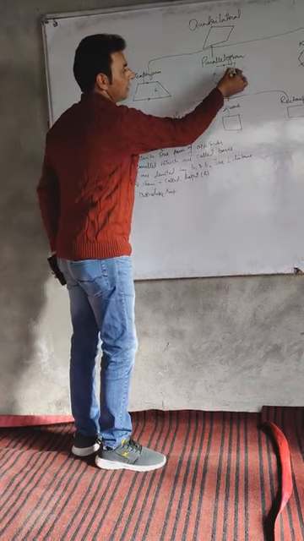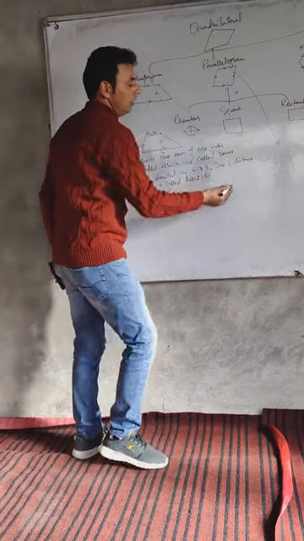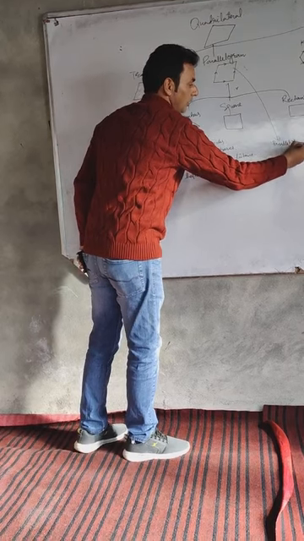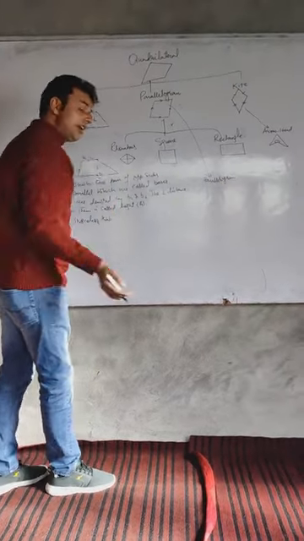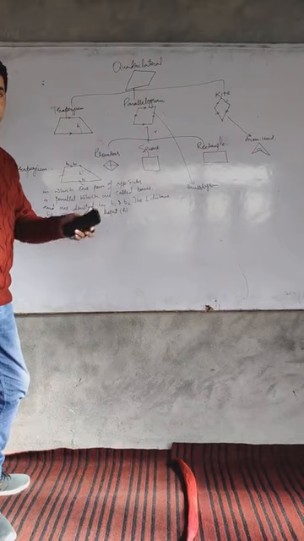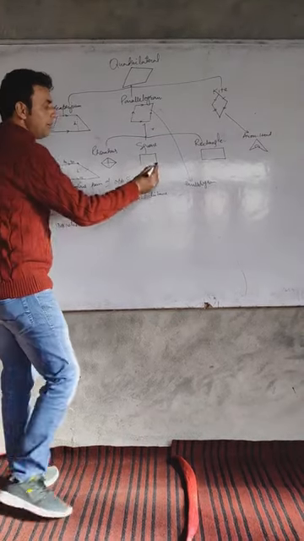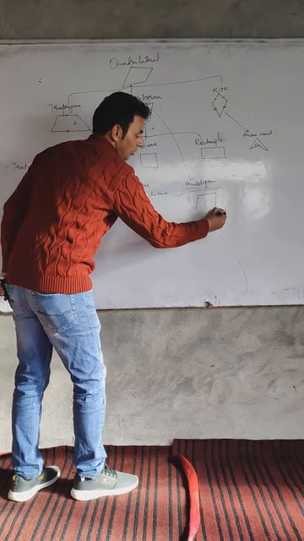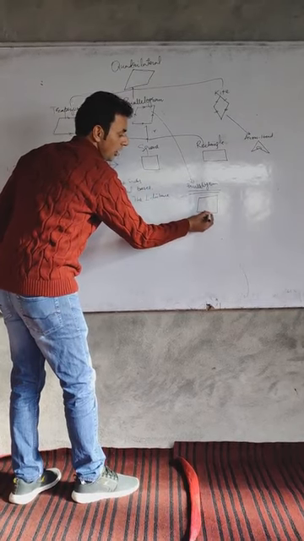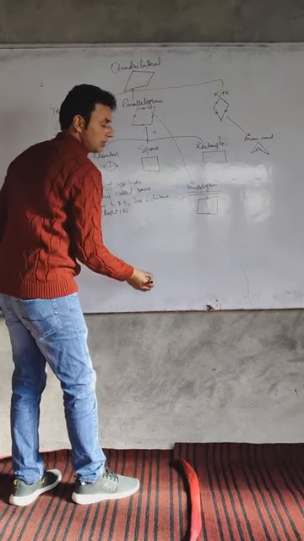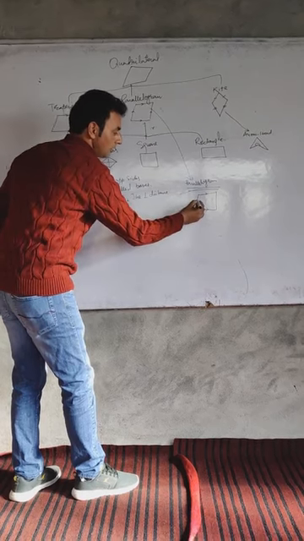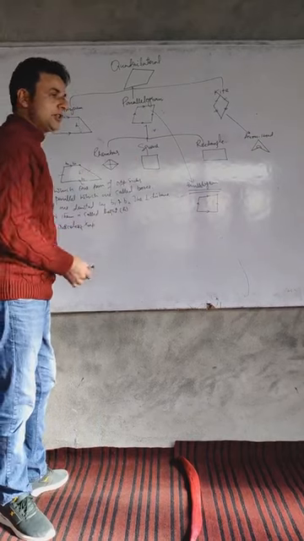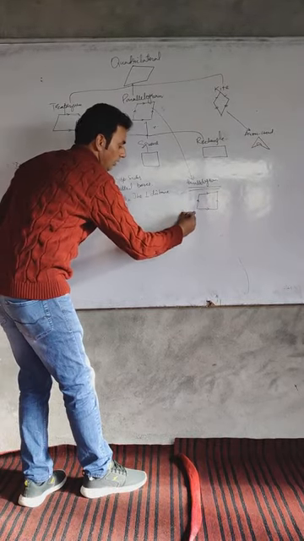Now we will define the second type of the quadrilateral, that is parallelogram. Parallelogram is a very important type in the quadrilateral family. You have to draw the parallelogram in this way. You have to show this side parallel to this side with the arrow and this side parallel to this side. What is its definition? It is a quadrilateral.